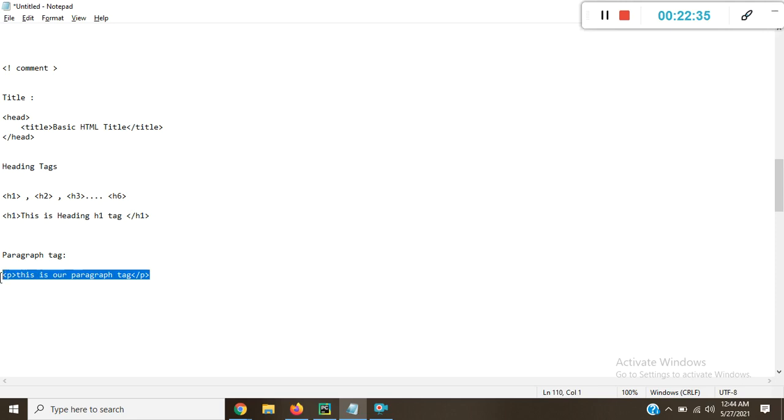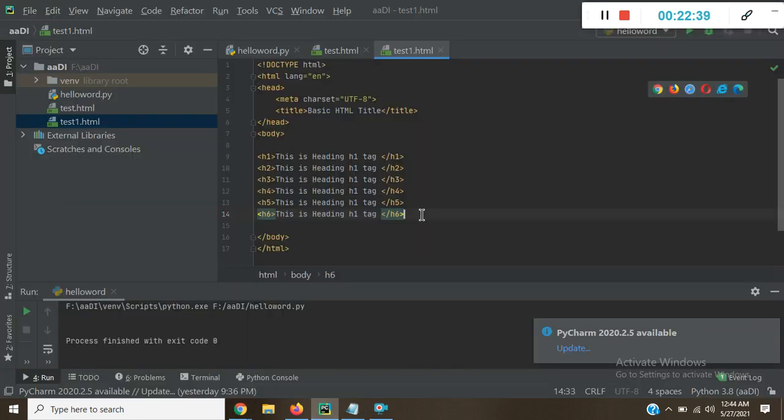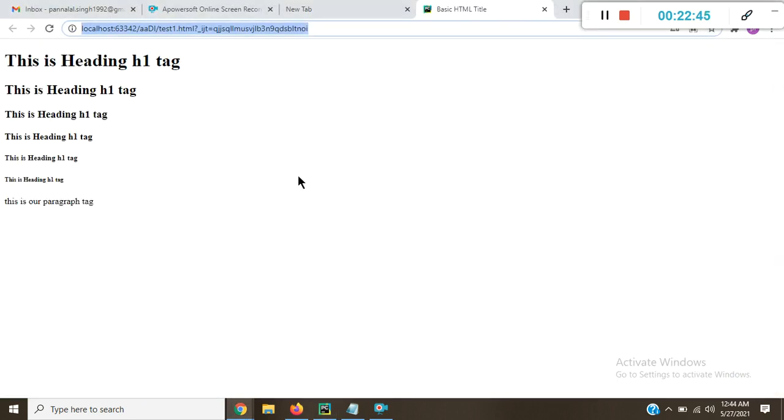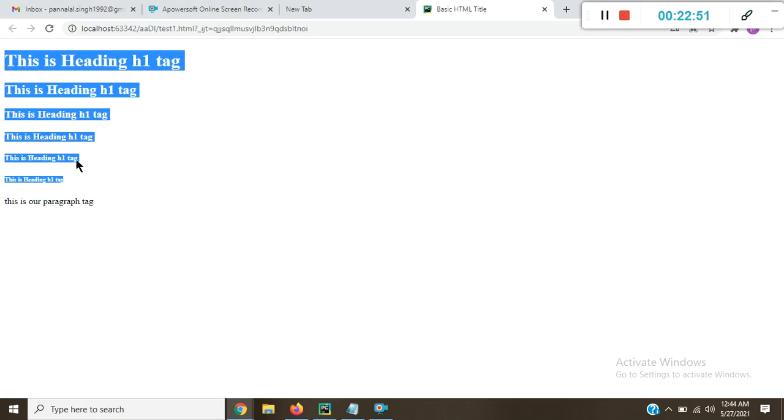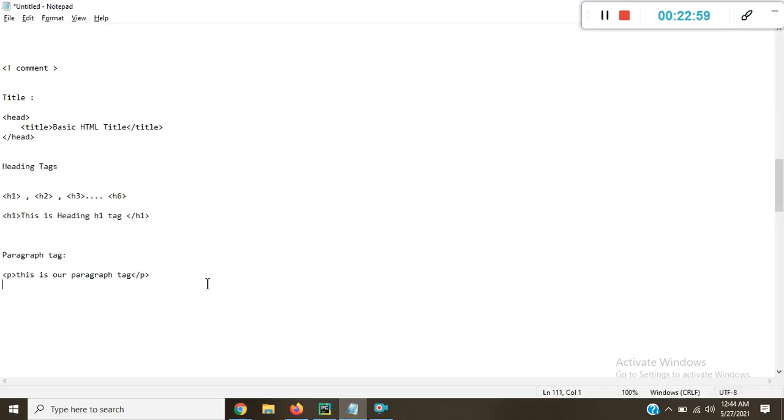Just copy this and put it inside the body, press Control S and run this program. So this is our paragraph tag. You can see the difference from these headings. This is not bold. Okay, so this is our paragraph tag.